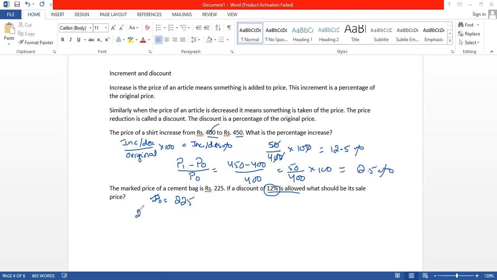So if you take 225 and multiply it by 12%, it is very important for you to note over here that I have taken this 225 because this is the original price. The formula can only be used if the original price is provided to you, only and only then. If the selling price is provided to you, then you cannot use this formula like this. So 225 multiplied by 12% would give you